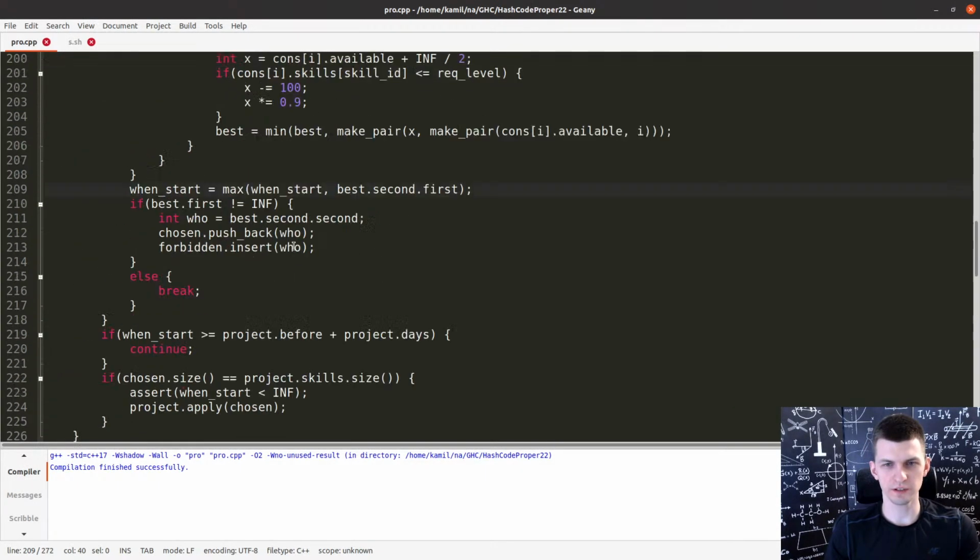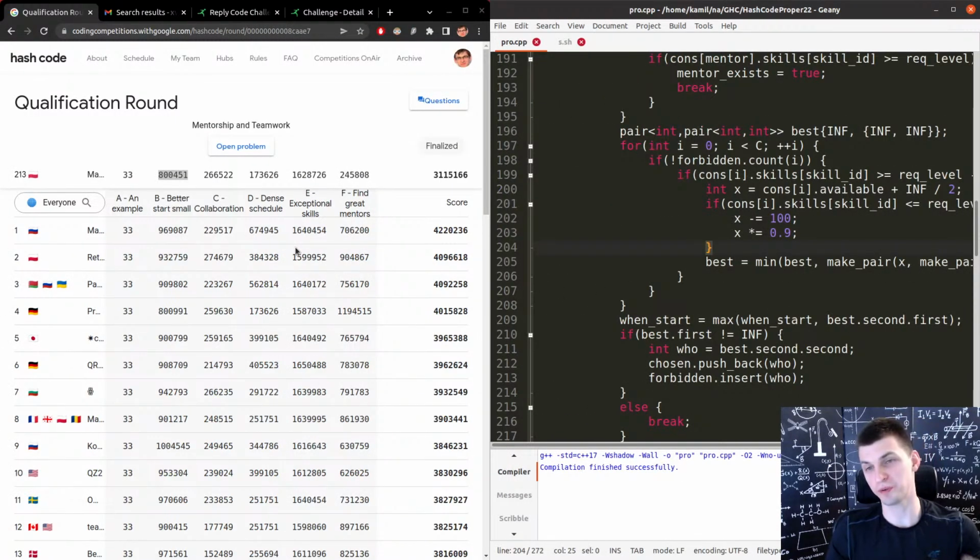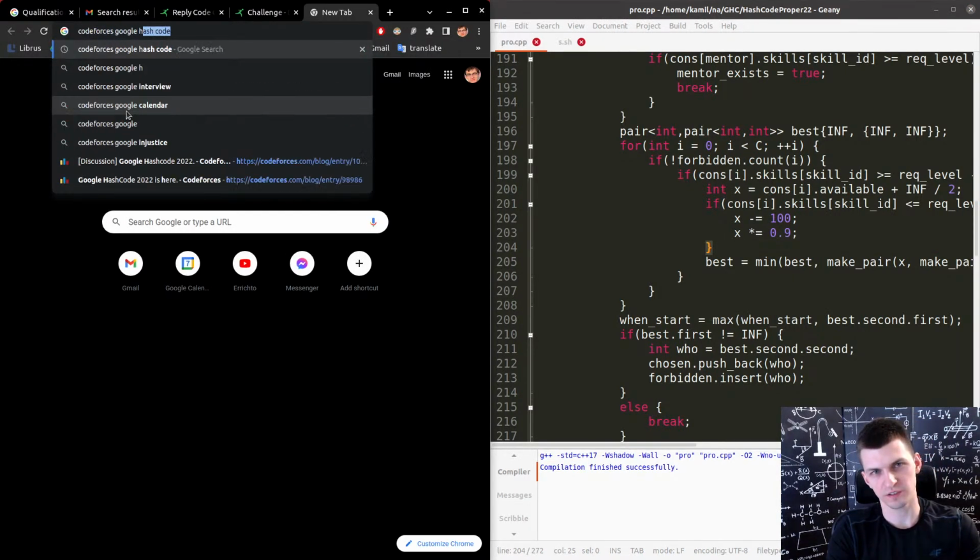Okay, I did what I wanted to do, and it's surprisingly good, but at the same time it's not that good. So this is the Codeforces Google Hash Code problem.